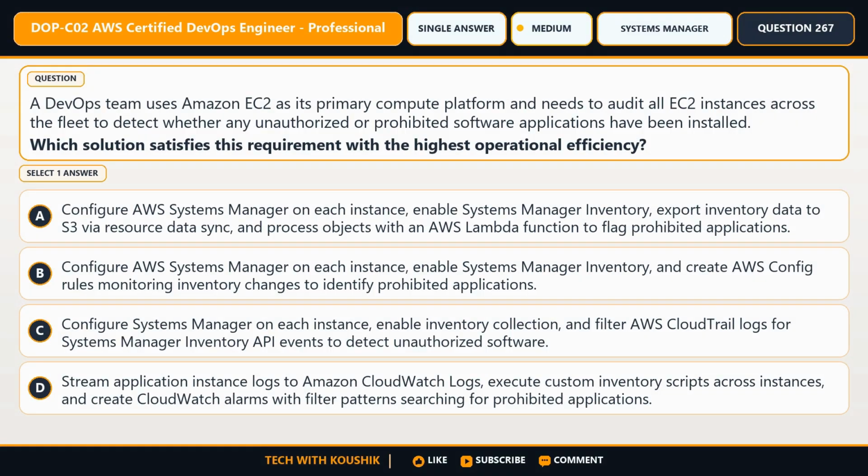Here comes question number 267. A DevOps team uses Amazon EC2 as its primary compute platform and needs to audit all EC2 instances across the fleet to detect whether any unauthorized or prohibited software applications have been installed. Which solution satisfies this requirement with the highest operational efficiency? The choices are: